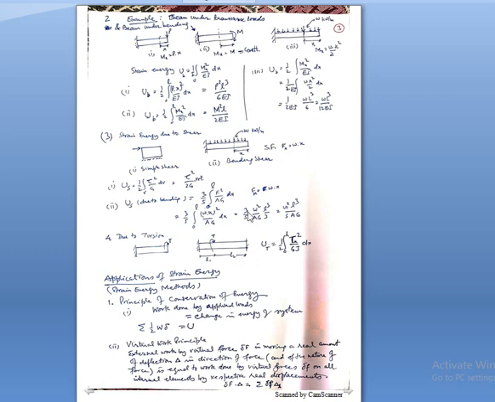This is the second example we have taken, of a beam. Now a beam may be subjected to bending due to a transverse load or due to a moment. In the first case we have taken a transverse load at the free end of a cantilever. In the second we have taken a moment applied at the free end of the cantilever. In the third case the whole cantilever is subjected to UDL over the length. Now, these three examples we have taken. How to take it? If we take one cross section here at distance x, the moment will be equal to P into x. So in our equation Mx will be replaced by P into x here.